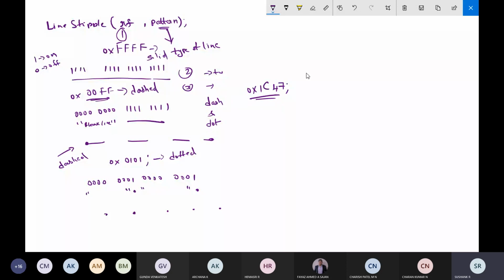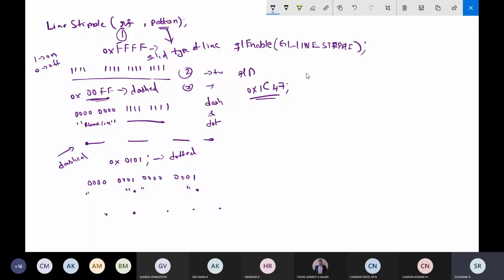So this is regarding the line stipple function. But if you want to activate this feature, first you have to call the function called glEnable. Then you have to call this constant GL_LINE_STIPPLE, so using that you can enable.